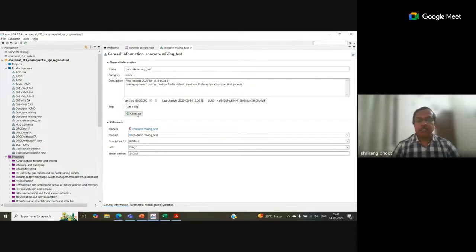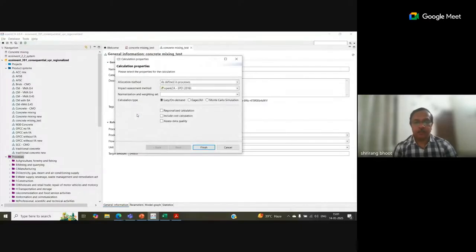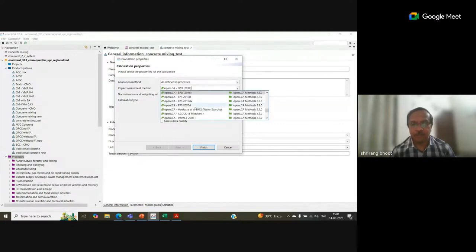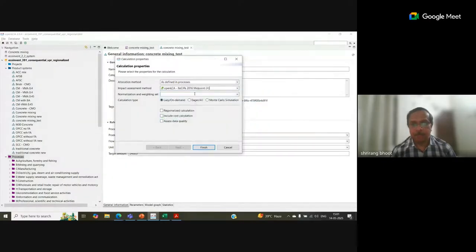Now I have to do the calculation for impact assessment. So I will choose the impact assessment method, my favorite one, ReCiPe 2016. I want to assess the data quality.